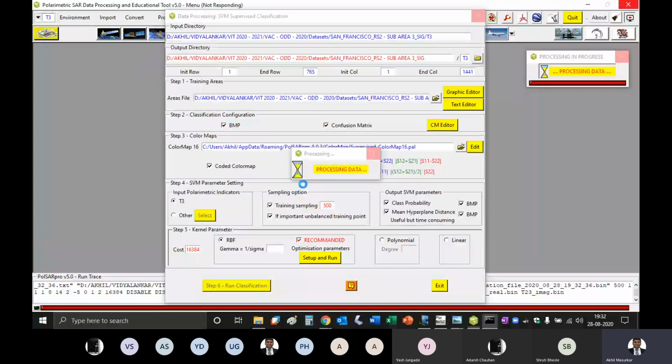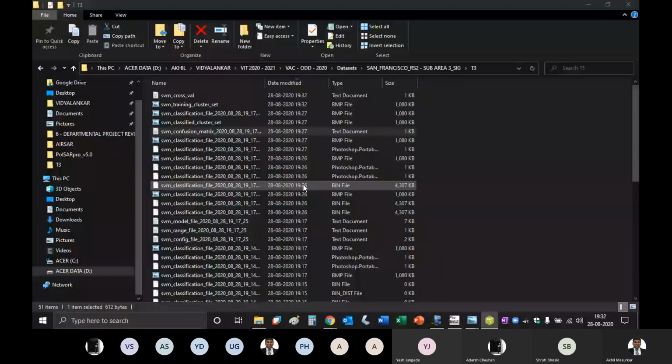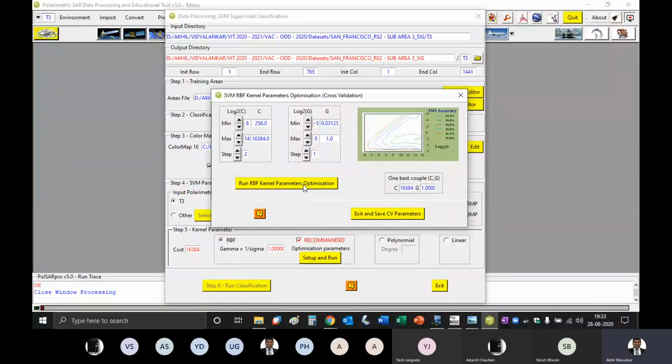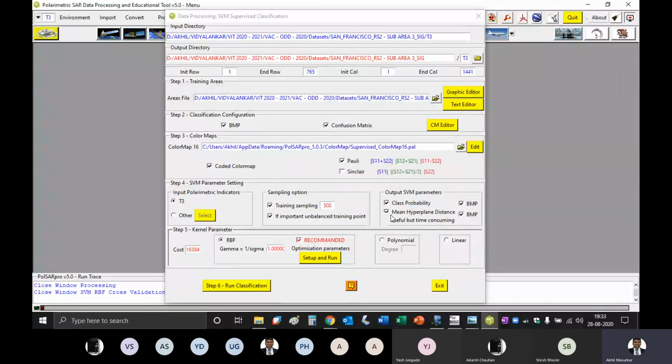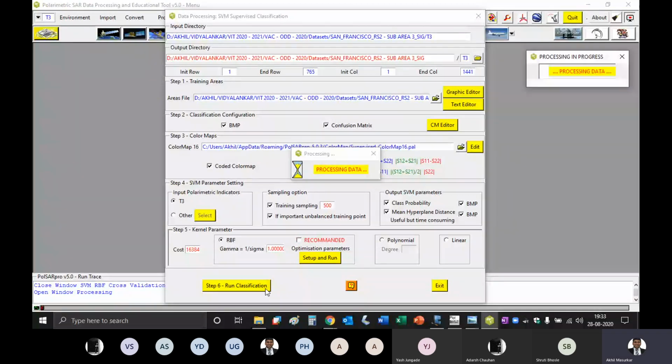Okay, so this is done. Then you say exit and say again. So that parameter has come here, cost, and then say run classification.